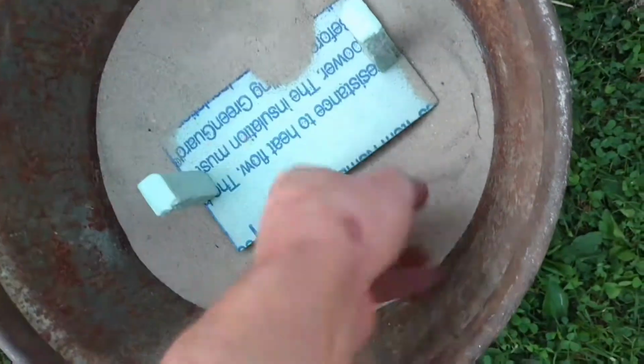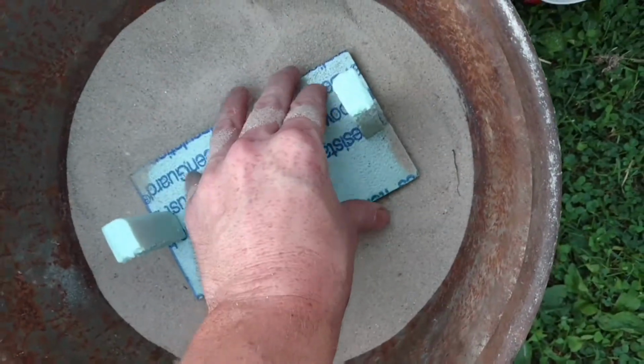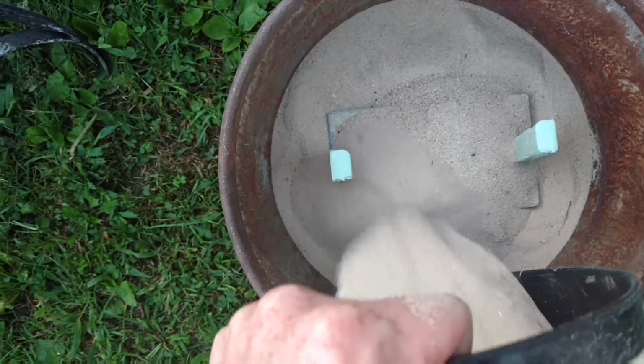Now, this is a steel bucket that I use for casting the aluminum, and it's just filled with sand. All I'm doing is putting this down in the sand, and the aluminum has a void there in the bottom underneath the sand. This sand's a little dry. I added a little water to it and packed it down a little bit later, but you get the idea